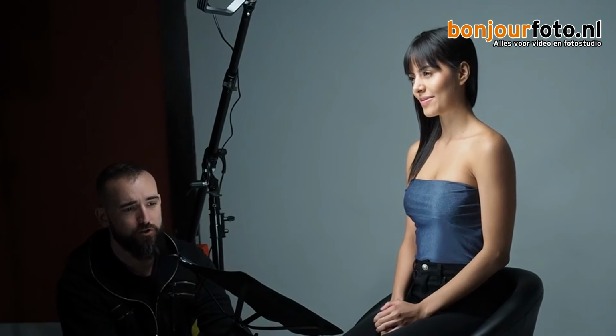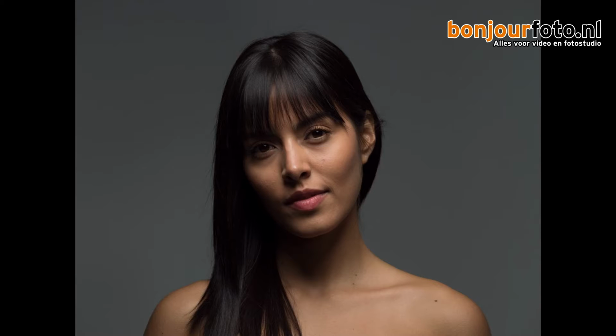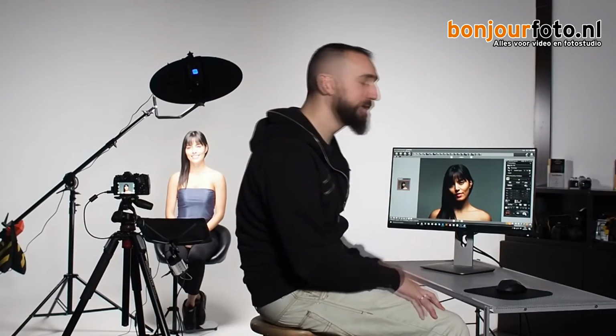It's really bright, but luckily I can dim it down. This will be the minimal power and this will be full power, so it's quite powerful. In this case we just want to fill, so I'm going to use not so much. Right, so here on screen you have the photo we had before with only the butterfly light, and this is